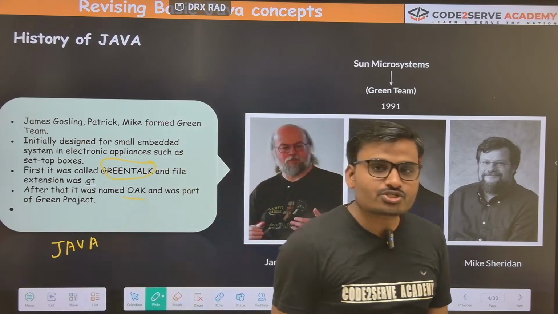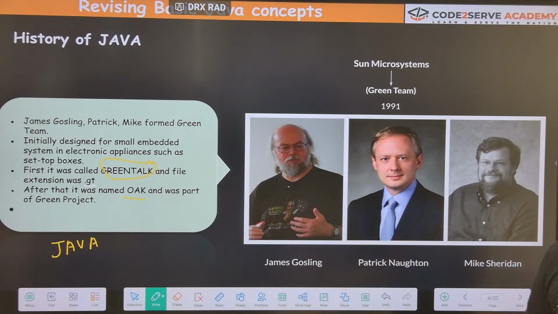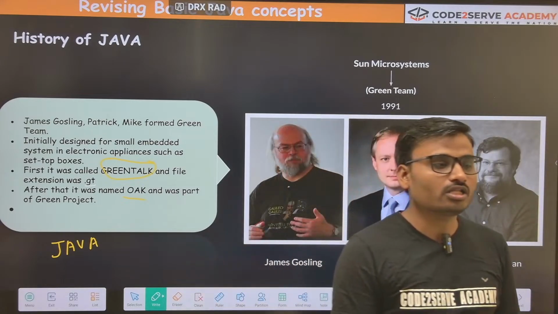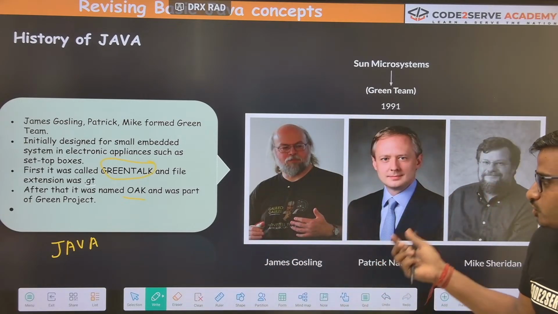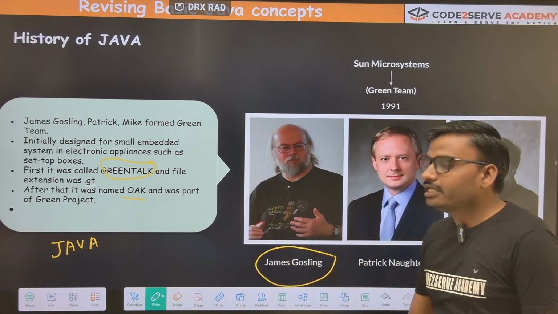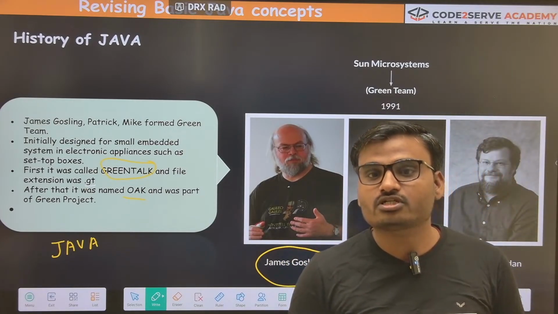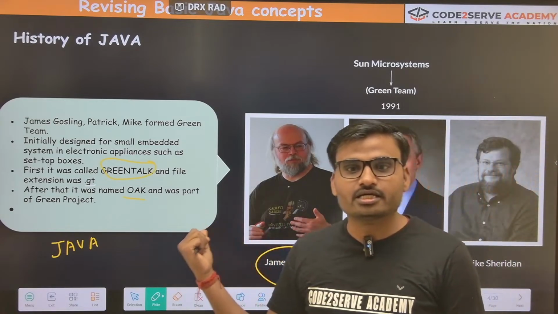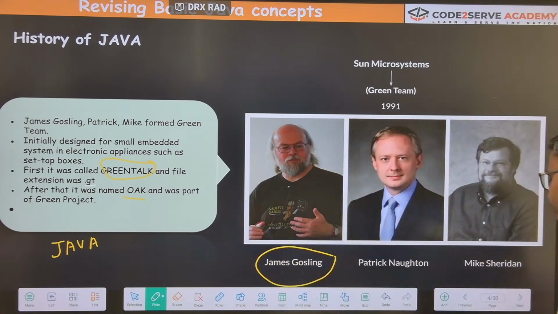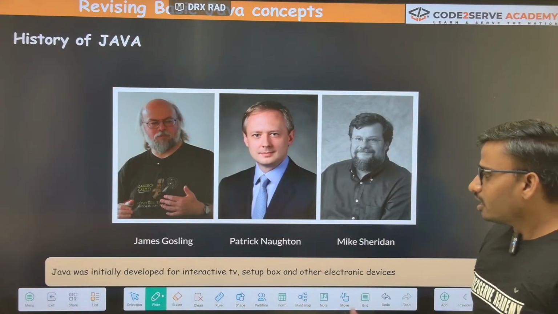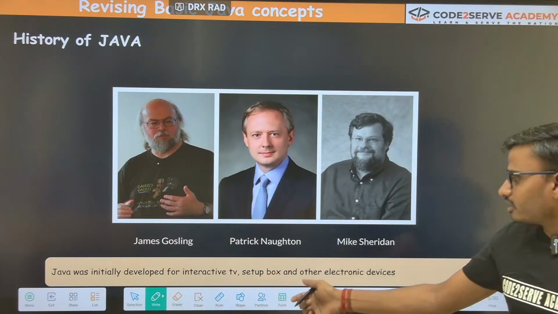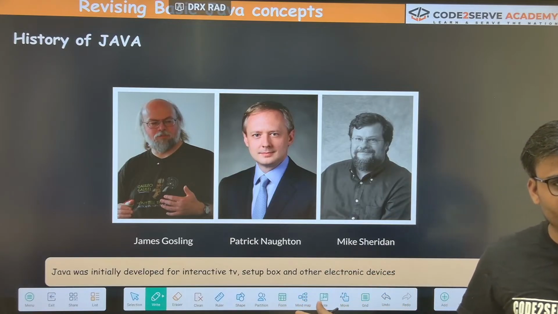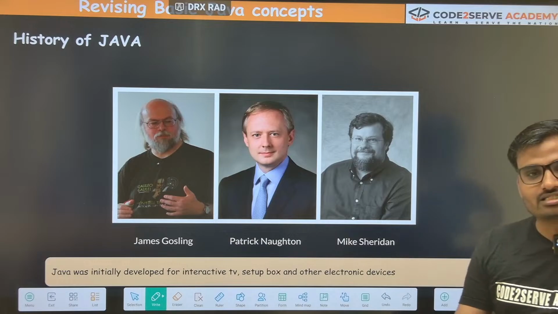ठीक है। तो ये कुछ हिस्ट्री थी, आपको जानना चाहिए कैसे ये इवॉल्व हुआ, कैसे ये चीजें चेंज हुईं, कौन कौन इसमें इन्वॉल्व थे। और इन्हीं सब की वजह से जो मेन पर्सन थे जेम्स गॉसलिन, इन्हीं को हम लोग फादर ऑफ जावा बोलते हैं। अगर कोई पूछे हु इज नोन एज फादर ऑफ जावा, तो बताना है जेम्स गॉसलिन। ठीक है। चलिए अब आगे देखते हैं। इनिशियली ये किसके लिए बना हुआ था, सेट टॉप बॉक्स के लिए। मेनली जावा एज अ प्रोग्रामिंग लैंग्वेज नहीं बनाया गया था।